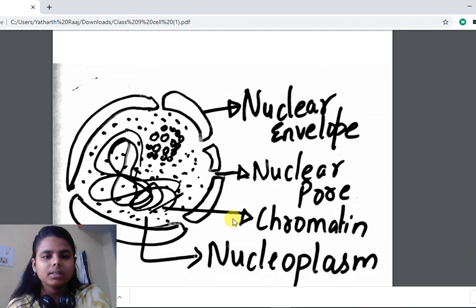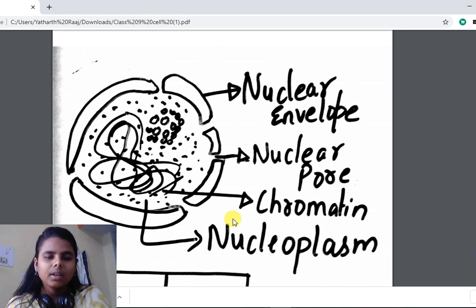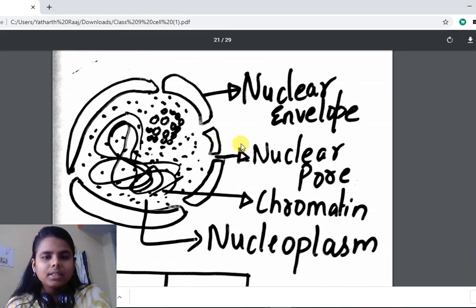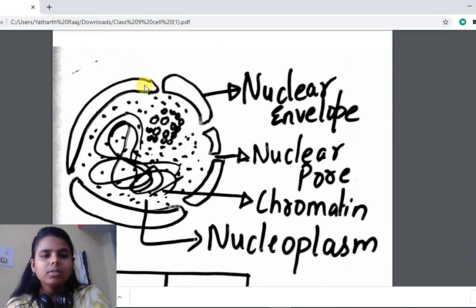Now nucleus. This is the nucleus of a cell. Plasma membrane, then cytoplasm, and it is the nucleus. So this is the structure of the nucleus. You have to learn it by heart. This is a bilayer, that means two layers. Nuclear envelope. The nuclear envelope is composed of a bilayer substance. In the nuclear envelope, some pores are there which allow the entry and exit of materials from inside the nucleus to outside the nucleus, and it is known as nuclear pore.